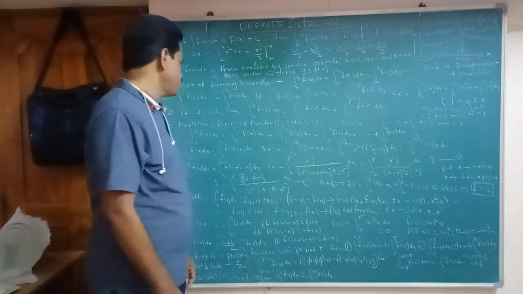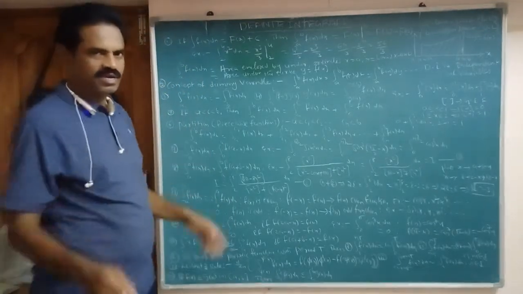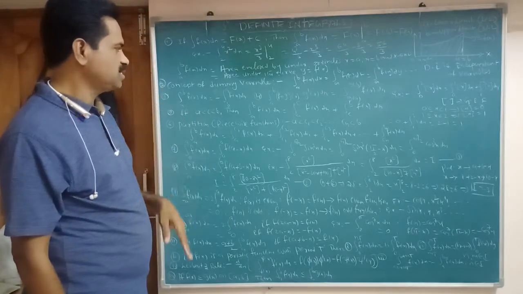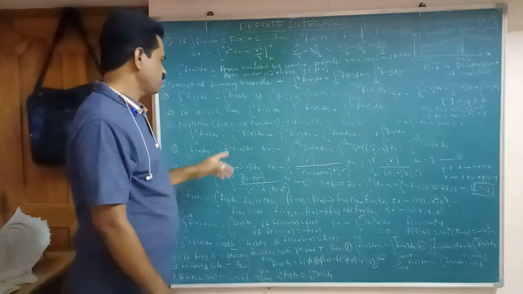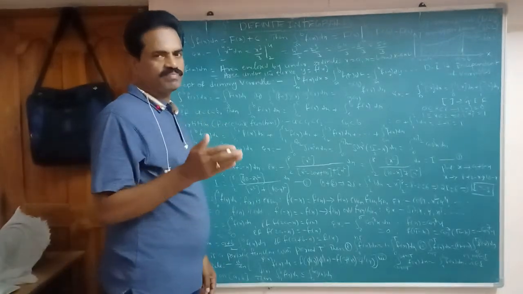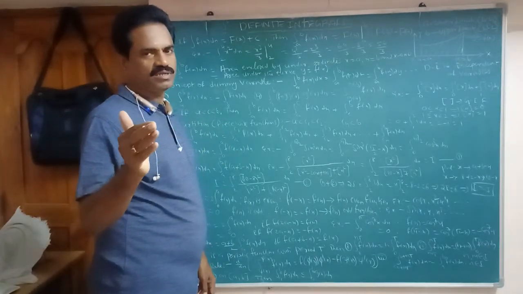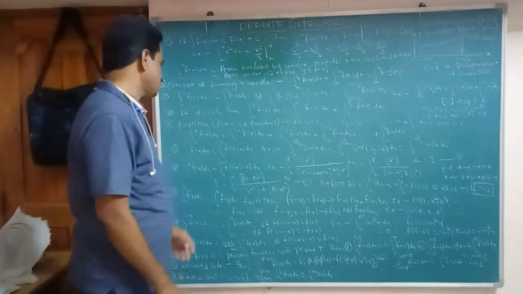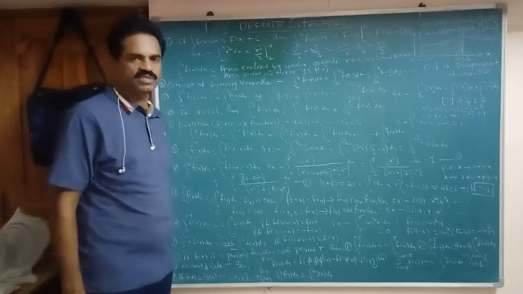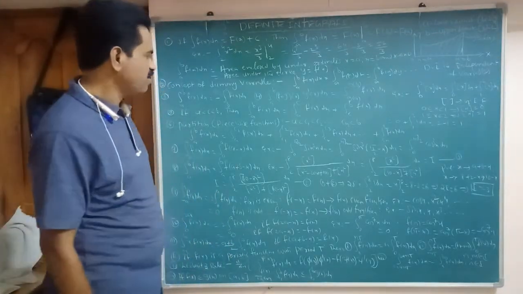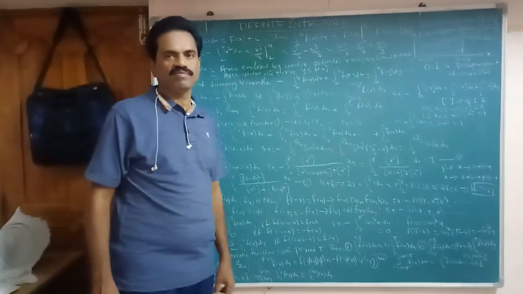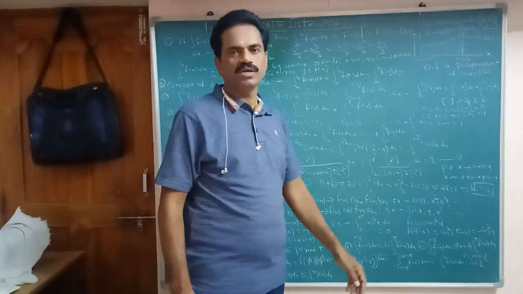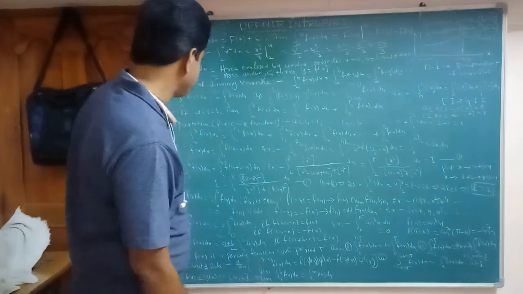Piecewise functions means separate. So we divide into a number of intervals. In between a to b, there are a number of such intervals. We can write the first part a to c1, c1 to c2, the next part c2 to c3, and so on up to cn to b. That is, integral a to b f of x dx is integral a to c1 f of x dx plus c1 to c2 f of x dx plus c2 to c3 f of x dx plus so on, cn to b f of x dx.